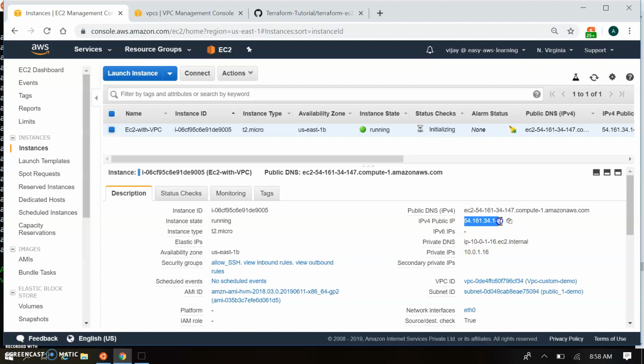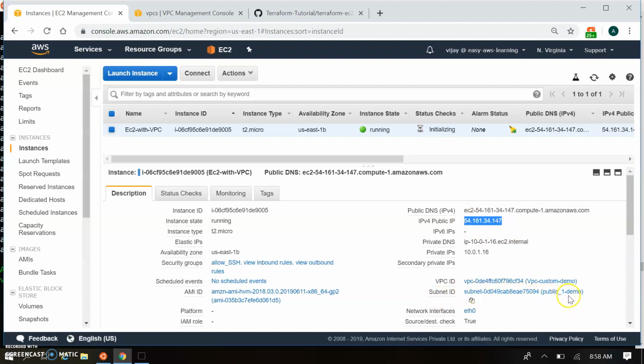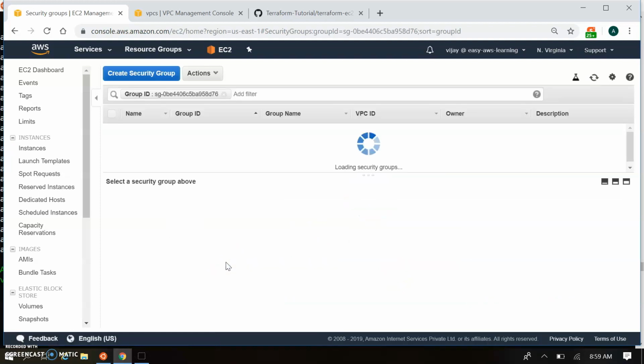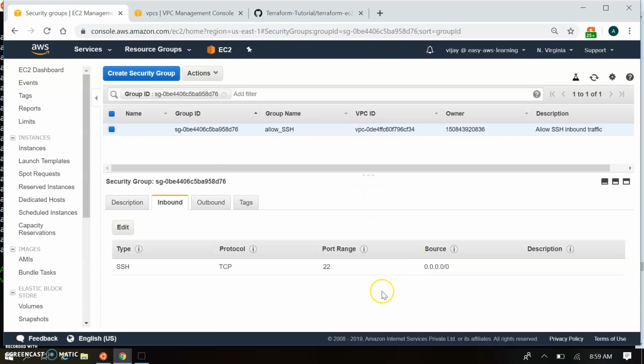It's properly created with the VPC, and you can see the public IP that we gave. Here you can see the public subnet, which we named public_1, and the reference to the VPC. We also assigned the allow all SSH security group. Opening it, we gave port 22 access from the source. Outbound traffic we also gave a destination of any, so outbound traffic is allowed for all.